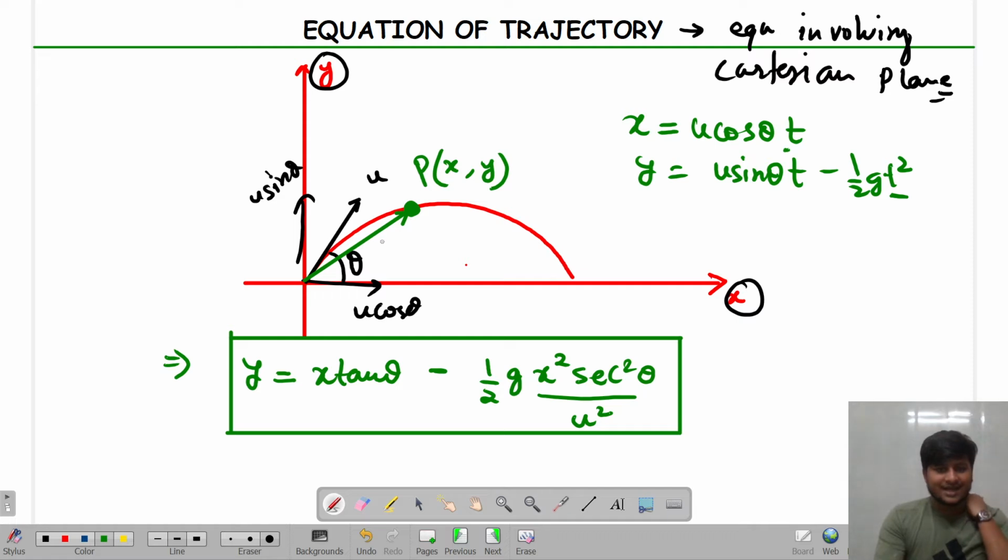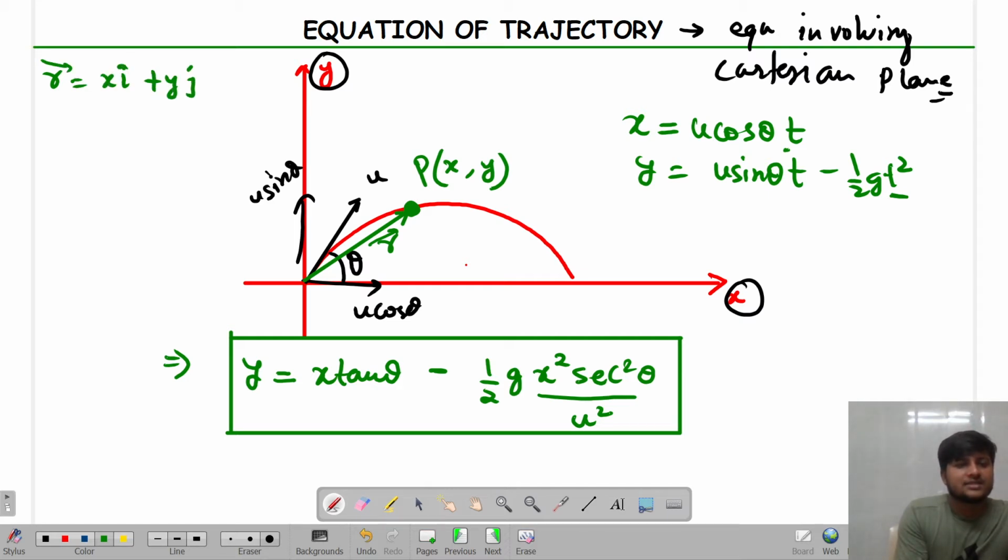Now the question is, I asked how to represent this displacement vector. This displacement vector has two components, x i cap plus y j cap. So x I can write as u cos theta into time t i cap, plus u sin theta t minus half g t square j cap. Remember that